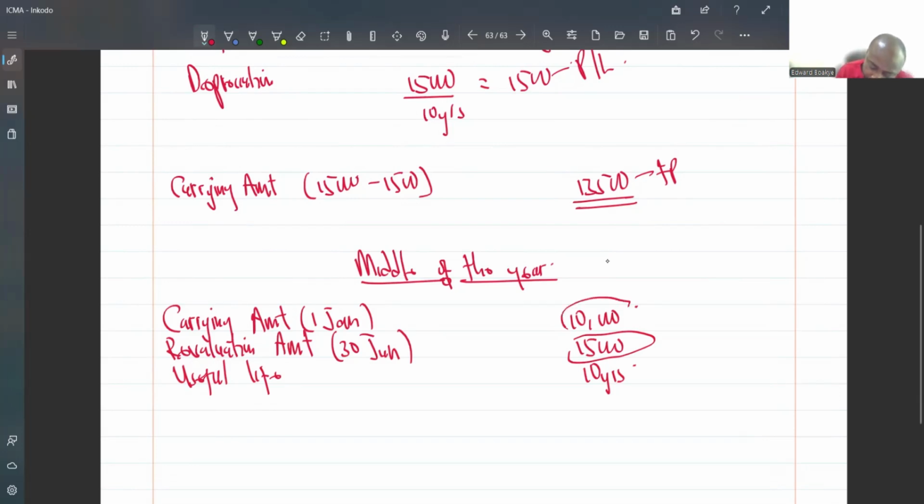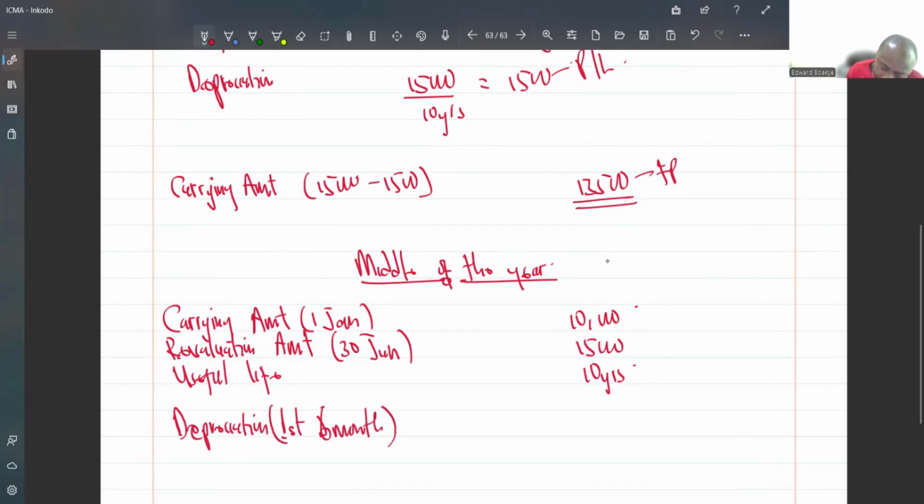You knew of this 10,000, but you didn't know of this 15,000. It was after the 6 months you got to know that a revalued amount has come in, the 15,000. So what do we do? Then it means our depreciation for the first 6 months